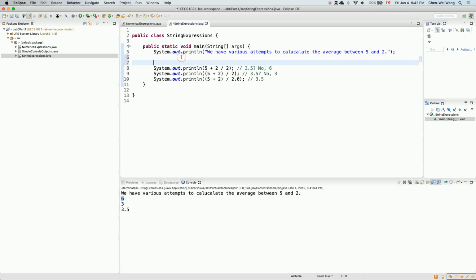So I can say System.out.print rather than println, which means the print is just going to do something in the first line, and then the println is going to end the line. So you can always have some combination of several prints, and end it with a println, so they will all be on the same line. Now what I can do is say over here, 5 plus 2 divided by 2 is